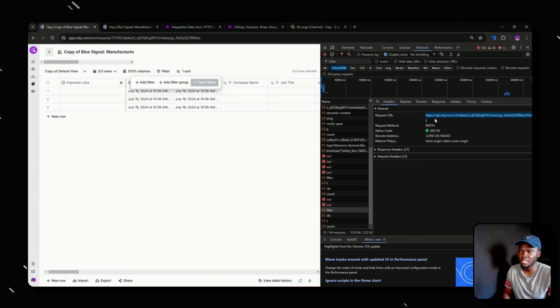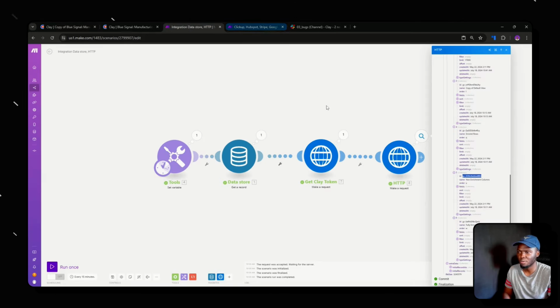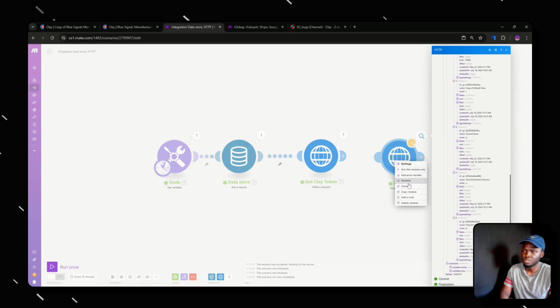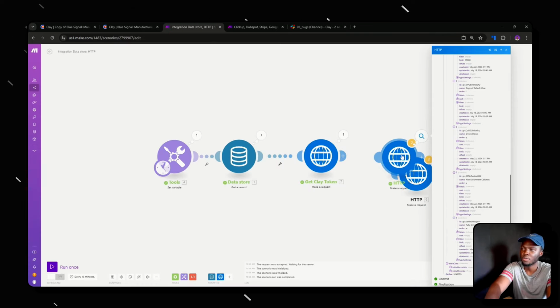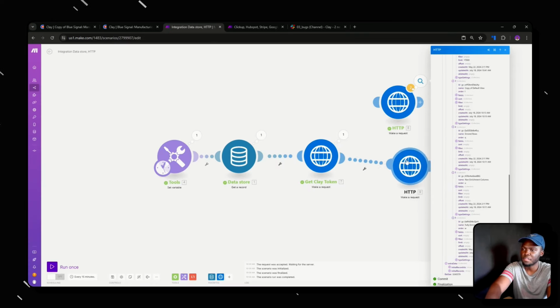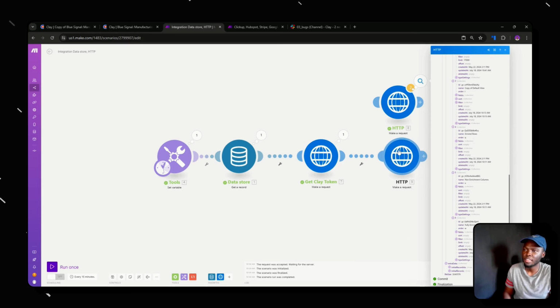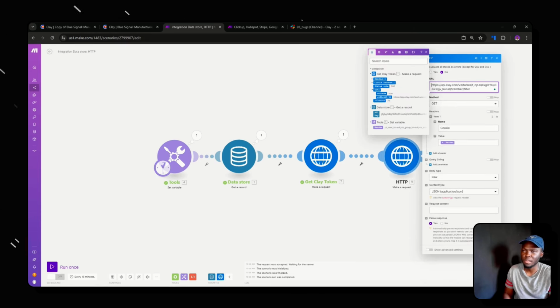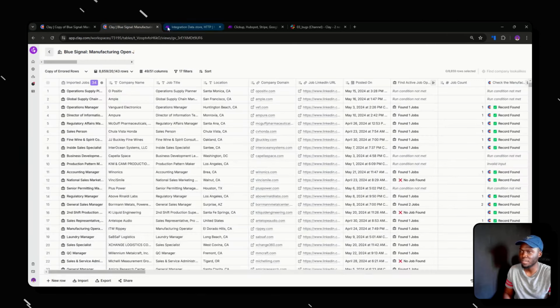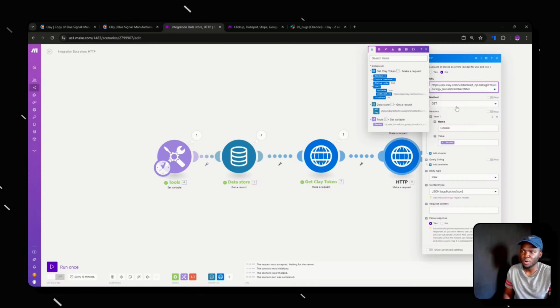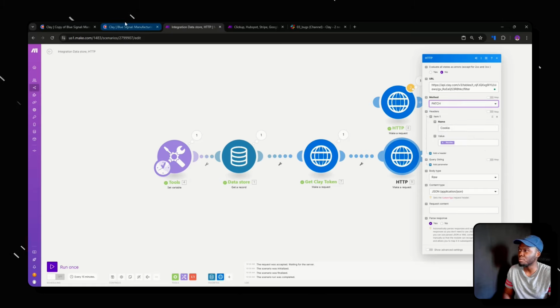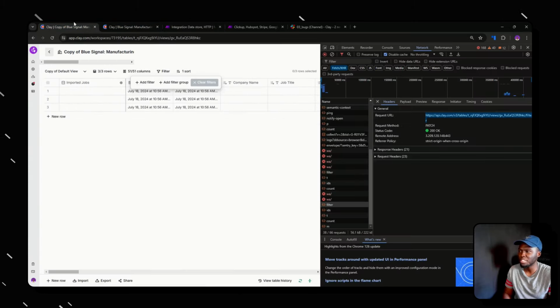nothing, right? So we're going to grab this request URL over here. I'm going to want to unlink this, clone this, and then we're going to want to switch the actual URL, right? So this is the URL with the table with the specific view. The view is copy of errored rows. And then we're going to want to patch it. And by the way, the reason we're doing a patch method